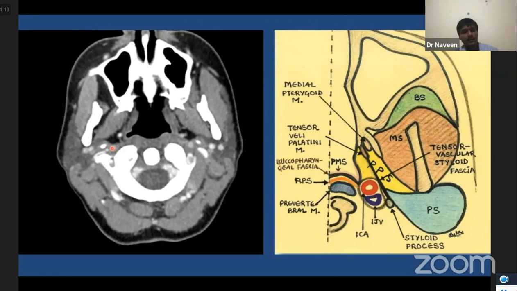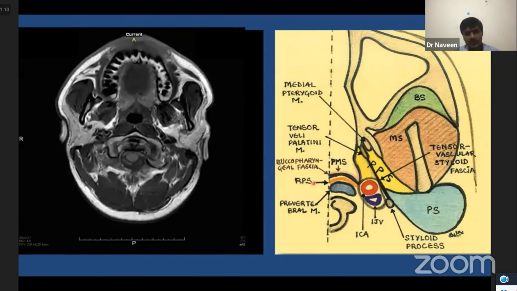Earlier, surgeons used to classify the parapharyngeal space as the pre-styloid parapharyngeal space and the carotid space as the post-styloid parapharyngeal space. But Harnsberger and Osborn segregated these as separate entities. They have not divided based on pre-styloid and post-styloid. They have called the carotid space a separate space. So this is the MRI, which shows the T1 hyperintense parapharyngeal fat region.